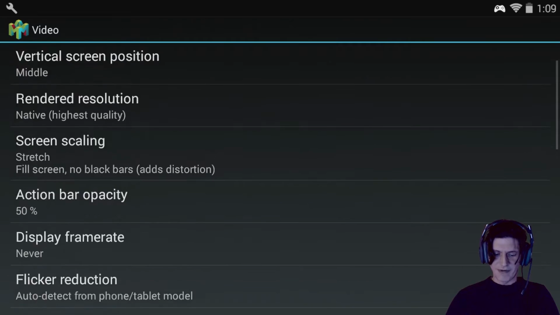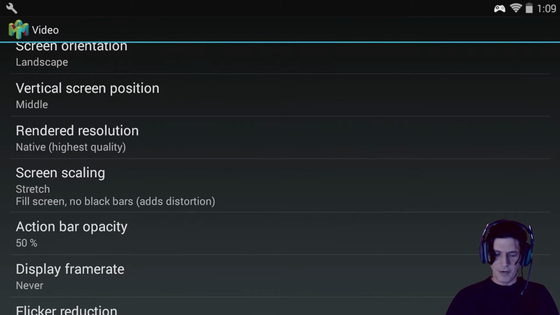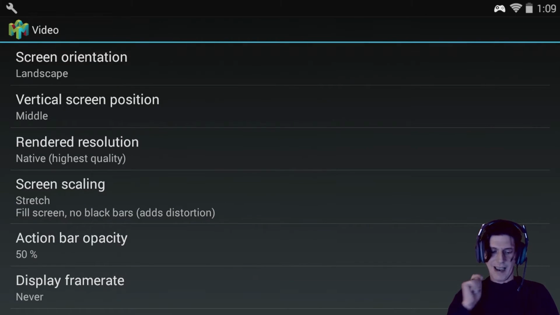By the way, if you have a favorite setting, also let me know that. I'm always interested. I do stretch the screen. It's probably not the best way to do things because it does cause some glitches occasionally. I just like the look of it going edge to edge. And then